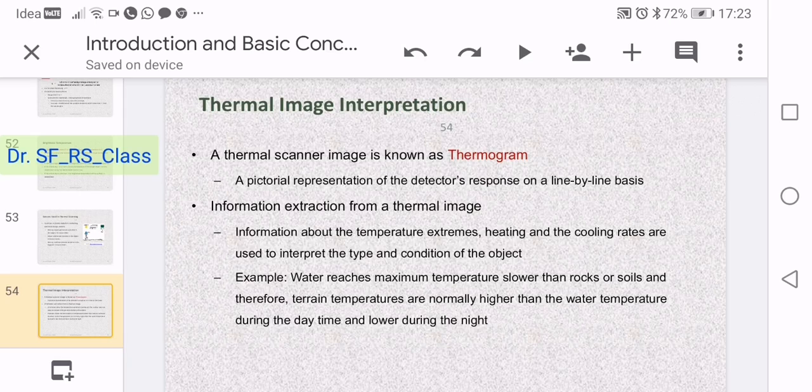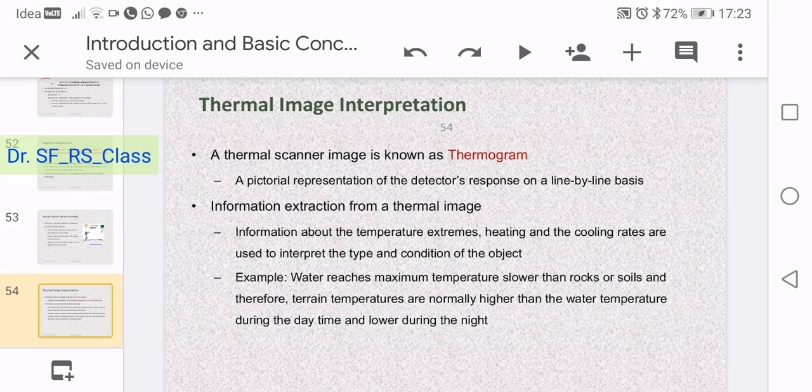And information can be extracted based on the knowledge of the daytime or nighttime image, and information about the temperature extremes, heating and cooling rates are used to interpret the type and condition of the object. For the heating and cooling rate of the object, we need to know some basic concepts of the objects, its heating rate and cooling rate. For example,